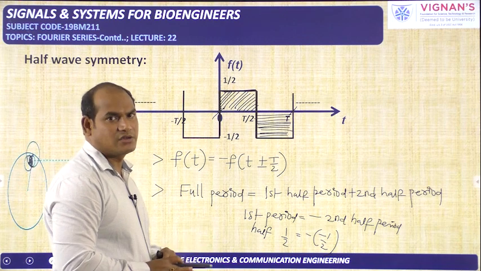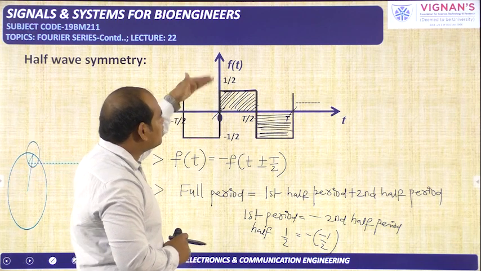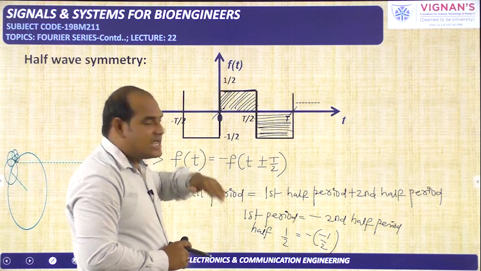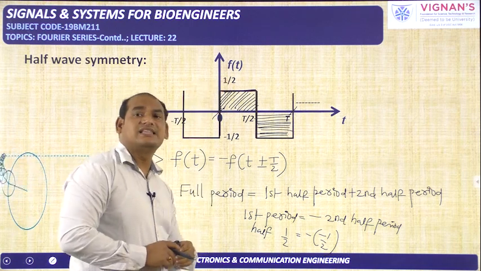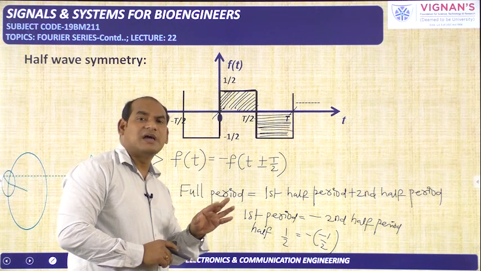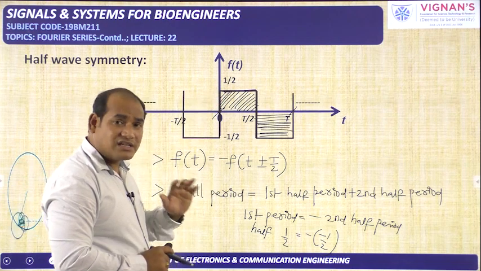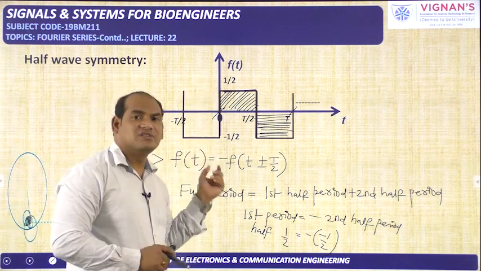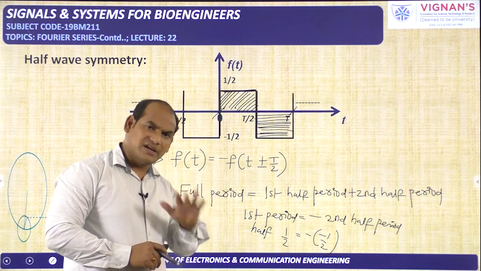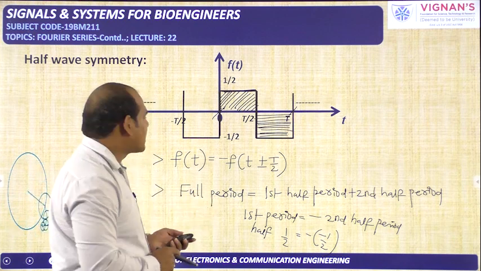That is compulsory. Sometimes the signal will be shifted to upside or downside. If the signal is shifted to upside, that is nothing but positive DC is available in the signal. That means A0 value will be available as a positive number. If the signal is shifted to downside, then we can say the signal has a negative DC value, that means A0 will be a negative number. So that you will see in the coming problems.